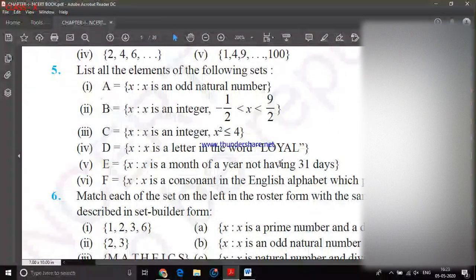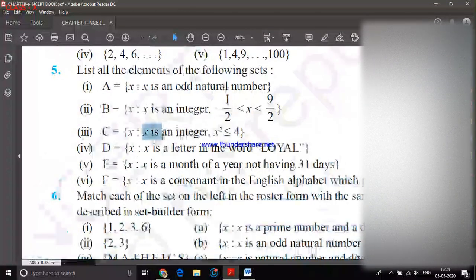Right. I'll answer. So for integers, you can convert into a decimal. -1/2 is -0.5 and 9/2 is 4.5. So -0.5 to 4.5: 0, 1, 2, 3, 4. That's it. These are the 5 numbers. So it is a finite set. The questions in the exam will be like this one. Decide which of the following sets are finite sets. So you have to analyze each and every set and find the elements, then decide what is the correct answer.